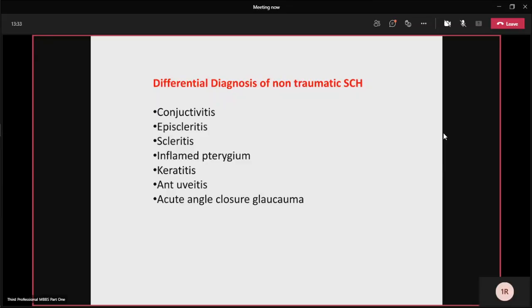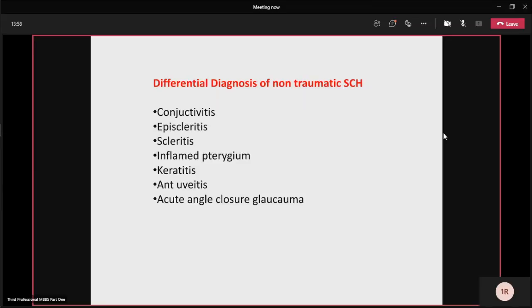In case of iritis, there is typically ciliary congestion, and associated with that there will be pain, photophobia. In slit lamp, we will find cells in the anterior chamber, flare is there. So in iritis, there is typically ciliary congestion or diffuse congestion, but in subconjunctival hemorrhage, it will be localized. You'll find the left side, right side, upper, lower, just like the picture we saw.